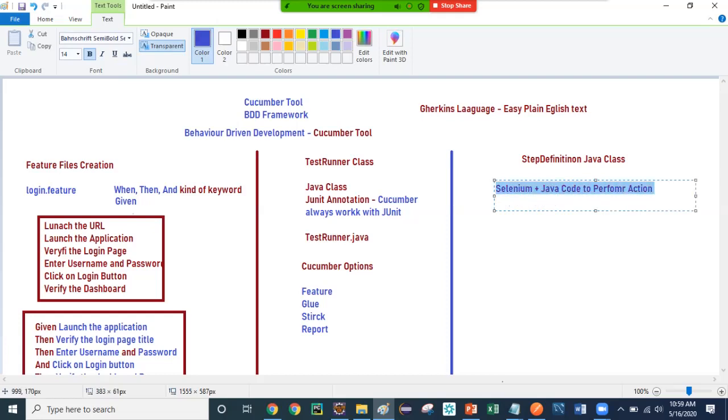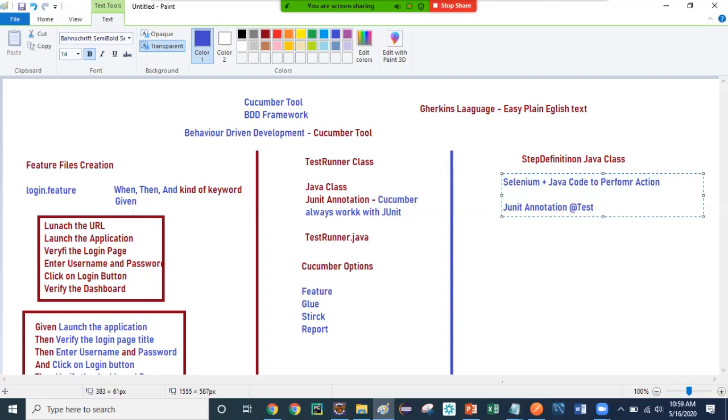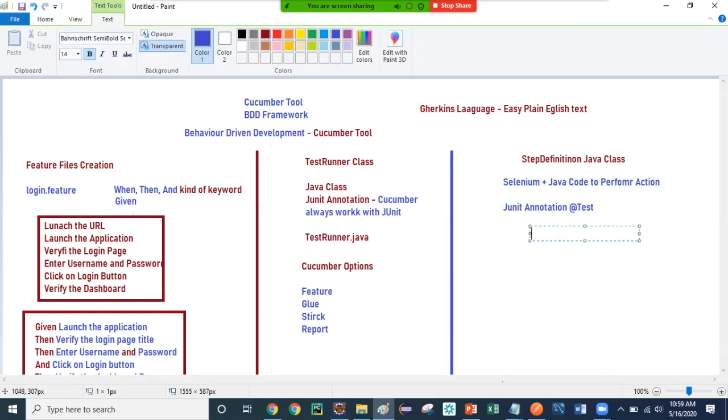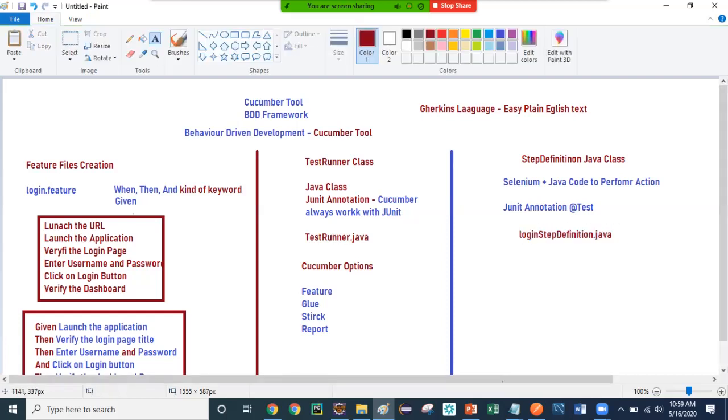It also contains the JUnit annotations, like @Test. So we have another Java class called LoginDefinition.java, where we write our actual Selenium code, which we normally write.